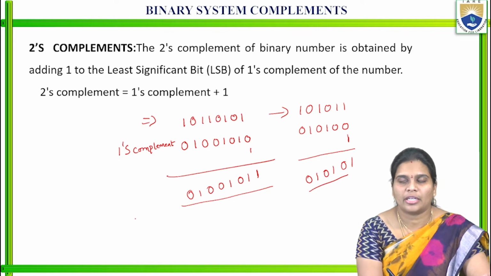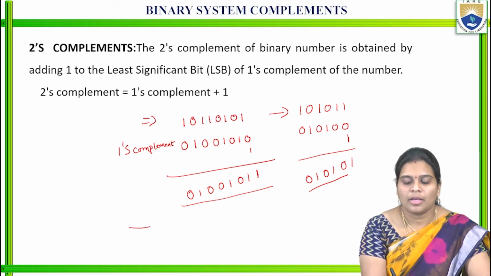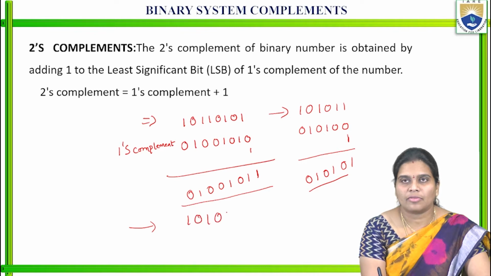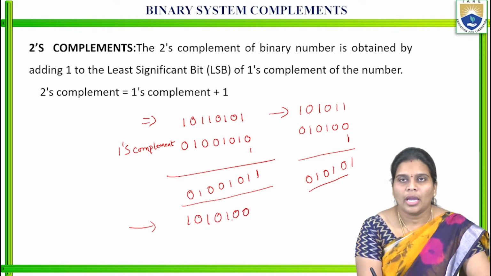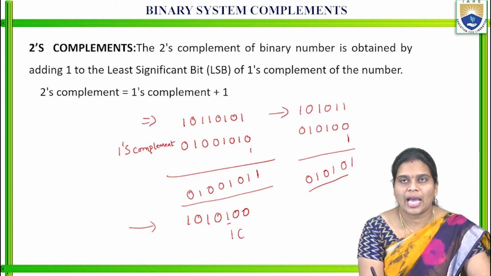To easily write the 2's complement of a binary number, for example, take the number 1 0 1 0 1 0 0. Up to the first 1 we write the number as it is. The first bit is 0, the second bit is also 0, and the third bit is 1. So up to the first 1 of that number we write the same value. The remaining bits we replace with the 1's complement: 1 0 1 0.